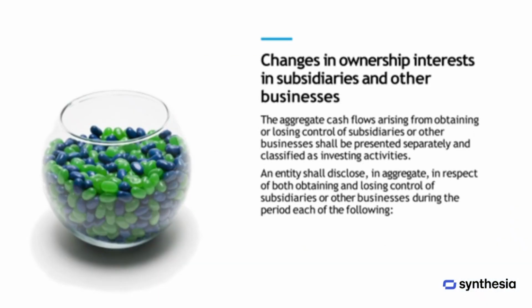The aggregate cash flows arising from obtaining or losing control of subsidiaries or other businesses shall be presented separately and classified as investing activities. An entity shall disclose in aggregate in respect of both obtaining and losing control of subsidiaries or other businesses during the period each of the following: